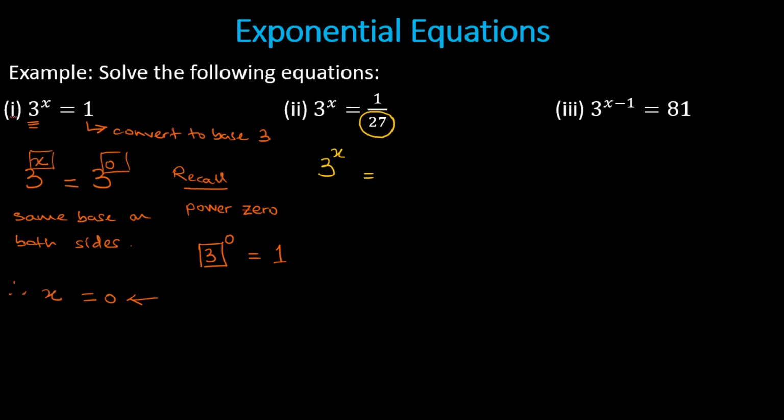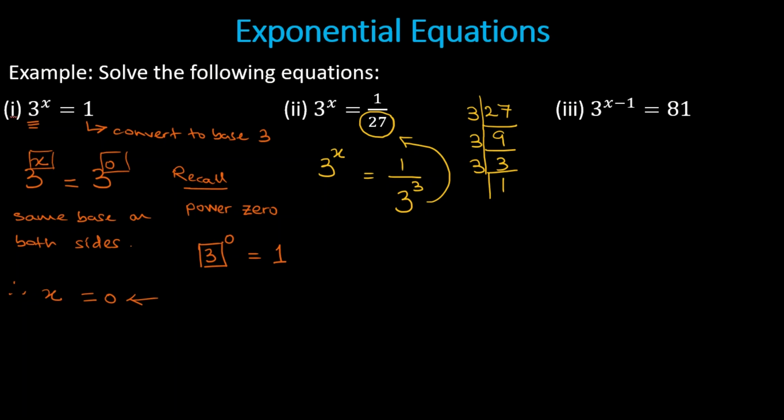So we keep the 1 as it is and we write 27 in terms of base 3. 3 to the power of which number gives 27? So we take 27, we divide by 3. 27 divided by 3 is 9, 9 divided by 3 is 3, and 3 divided by 3 is 1. So 27 can be written as 3 to the power of 3,